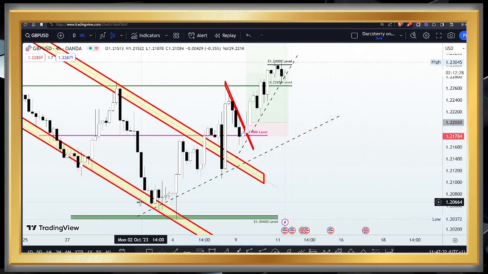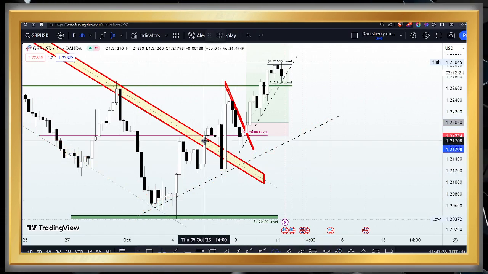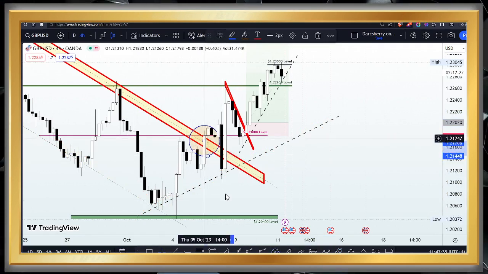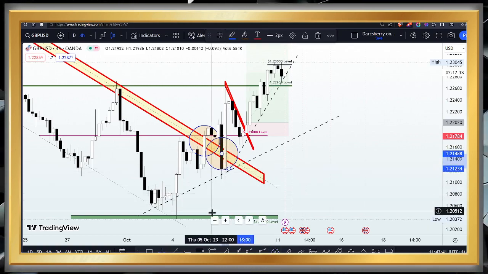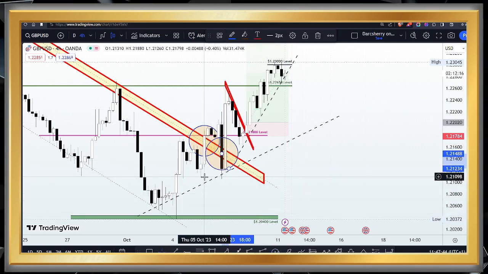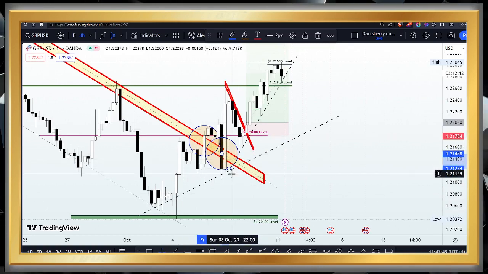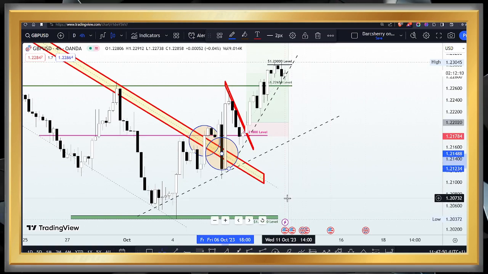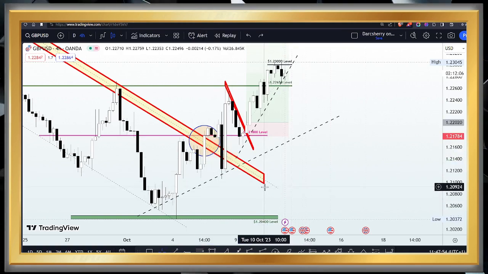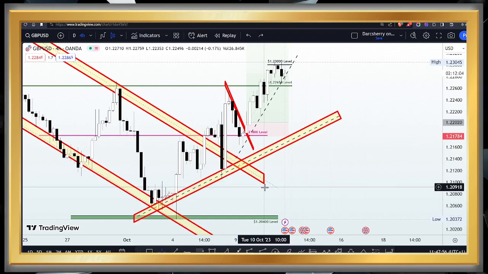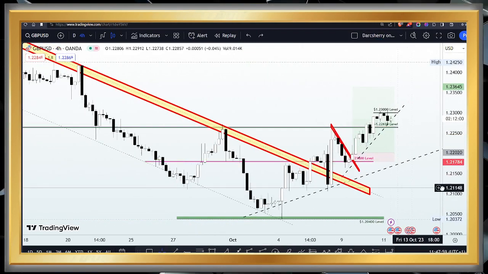And this led to a significant breakout of the resistance line of that descending channel, and we saw price come back to retest the resistance line, and we agreed here on Monday that as long as price remains above that resistance line of that descending channel, we'll continue to feel comfortable in buy positions while we look out for more buying opportunities in this market.